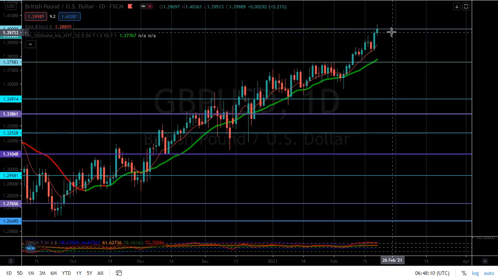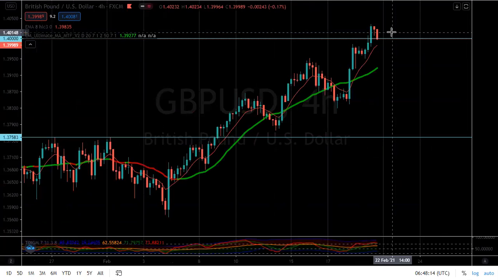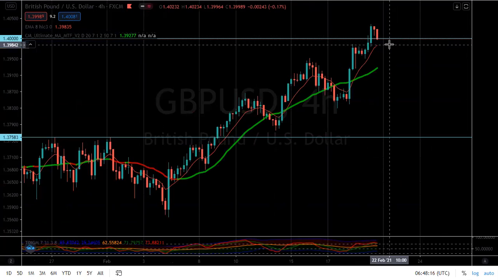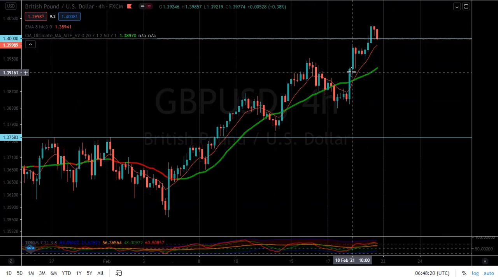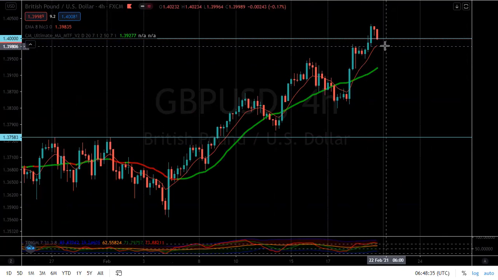Let's still look at the 4-hourly. That will give us a much clearer view. Yeah, so I want to see a pullback into the 1.3985 area, or between the 1.3985 and the 1.3975 area, for a small, slight pullback for us to continue